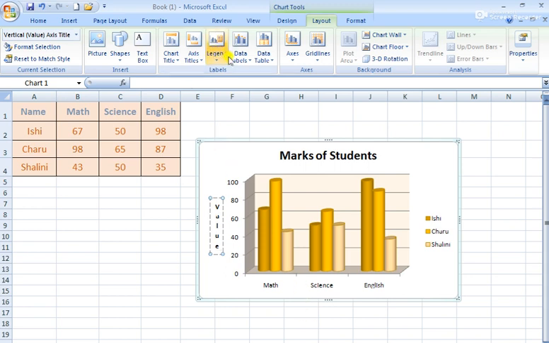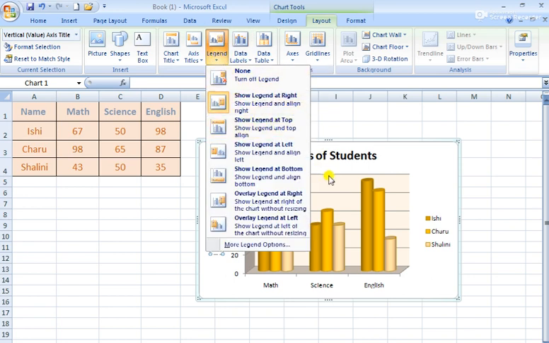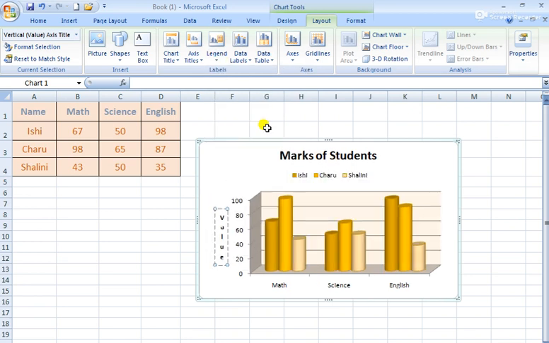In this manner, the data labels, everything whatever you want, all the titles are there that you can change, okay? Then as legends are showing on the right, if you want to show them at the top, then they will move to the top. So these all are related to labels. So this is how you can create your table.